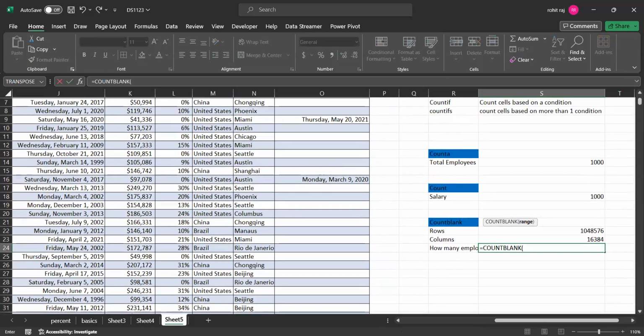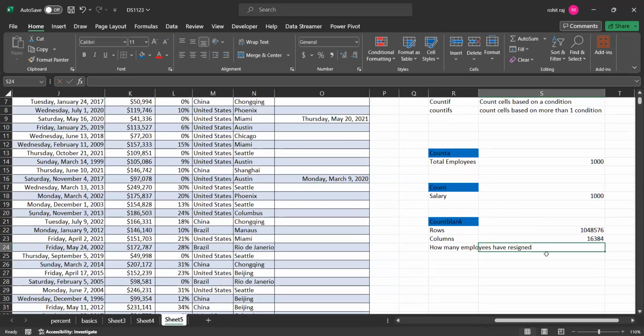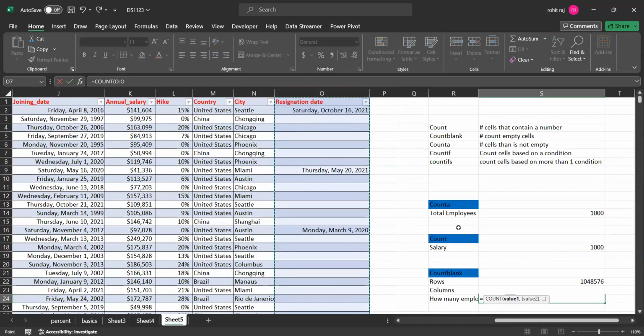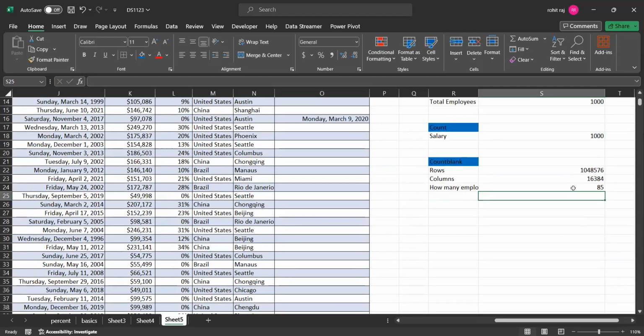I think we are using the wrong formula here. How many employees have resigned, right? So for the total number of employees who have resigned, you have to use the count function because this will count the total number of cells that contain a number, right? So let's say I'll simply use the count function on the resignation date column like this. The complete column has been selected. I'll close this and in total, there are 85 employees out of 1000 who have resigned,